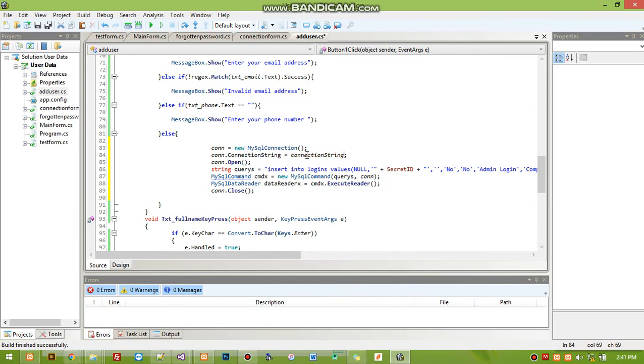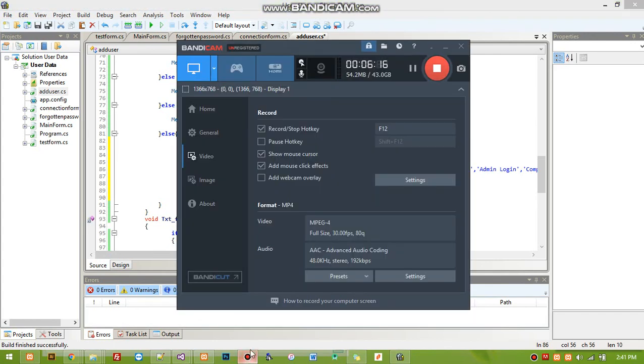So you would have to type this one out, and then you have to type all this one out. But don't type this part because we need to change this. This is my SQL connection that inserts the data into the database. Okay, so I'd like to end